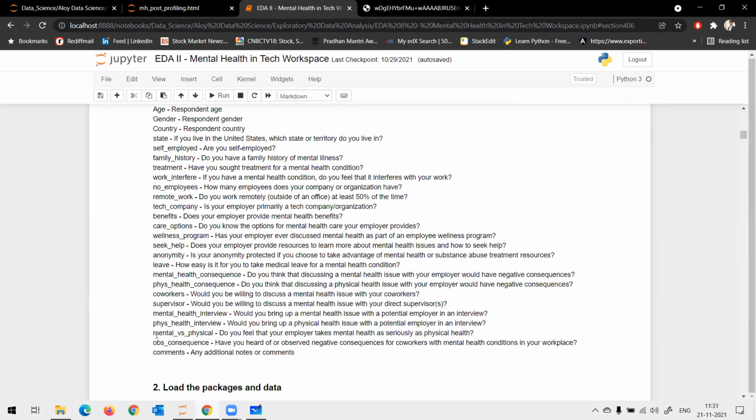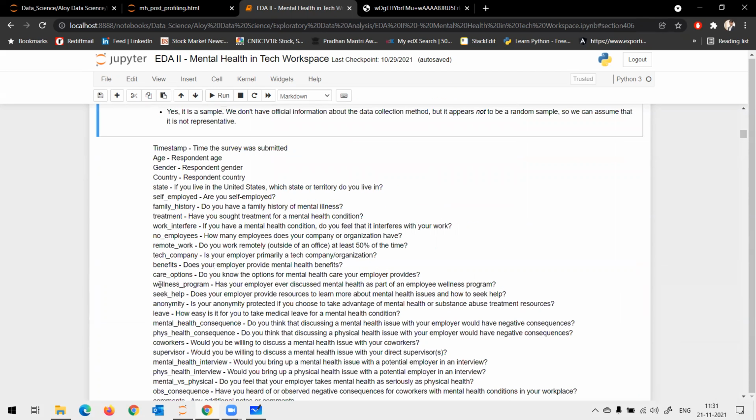So I have a target variable called treatment: have you sought treatment for mental health? This is my target variable. So with respect to this, I can find which columns have a correlation with the target variable, and pick only those variables and do the deeper analysis, correct? Are you guys with me?